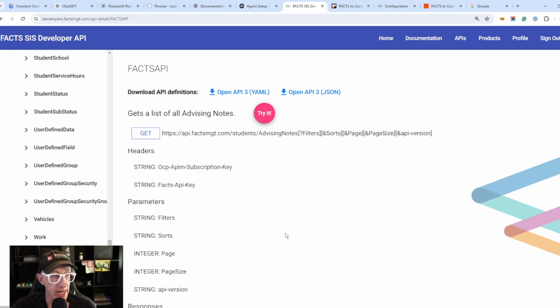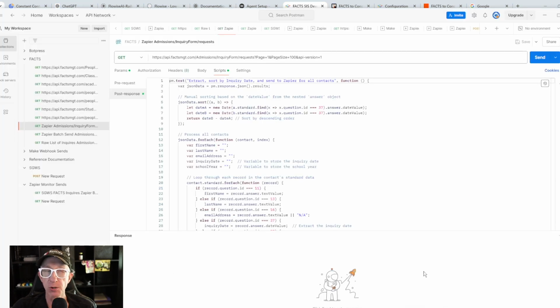Would it be nice if they connect this one day to Zapier? Hell yeah, it would be nice, because this is not easy to do. It takes some time, but at any rate, you're going to just want to get familiar with these different parameters and headers, and again, if you go to